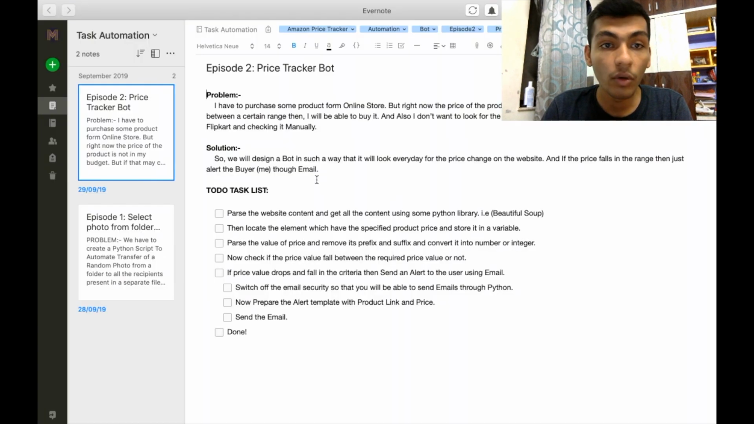Let me show you. Okay, so this is our problem. I have to purchase some product from an online store, but right now the price of the product is not in my budget. But if it comes down a little, within a certain range which I'm going to specify in the code, I will be able to buy it. Now I also don't want to check the price of the product manually each day by opening the website. So this is my problem statement, and I'm going to automate this task by creating a